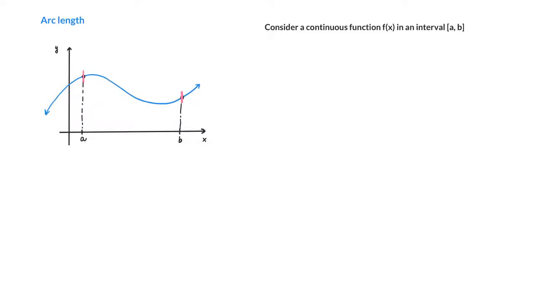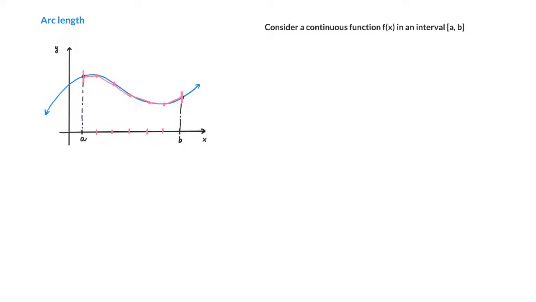Now, in reality, given a function, I can't assume that it's a piece of wire that I can cut through and measure against a meter stick. So what I'm going to do is divide that interval [a, b] into many, many tiny subintervals. And then we're going to consider tiny little segments that join all of those little points. For example, I'm going to connect these two with a segment here, another segment, another one here, here, here, and here. And you can imagine that the finer my partition is, the smaller those segments are going to be, so the more accurate the measure of the arc length of the curve is going to be in the